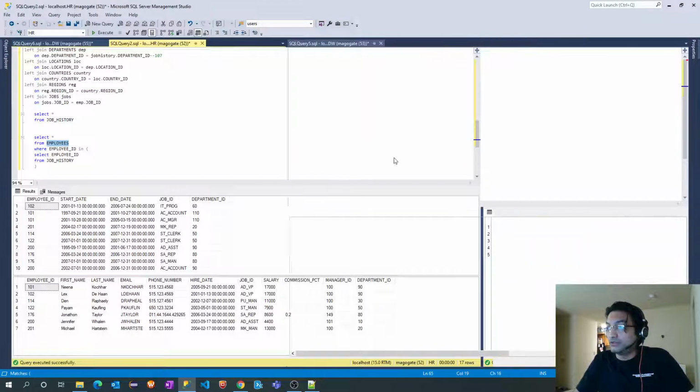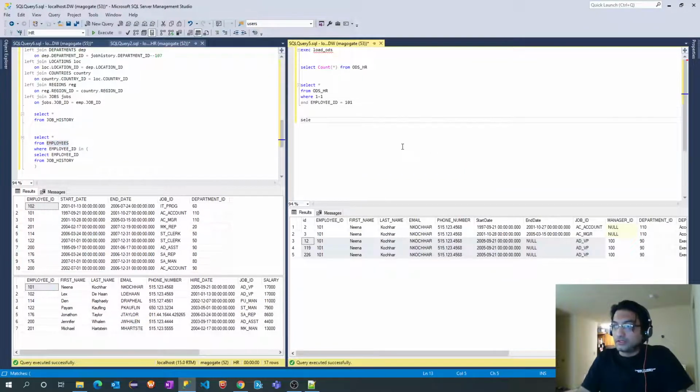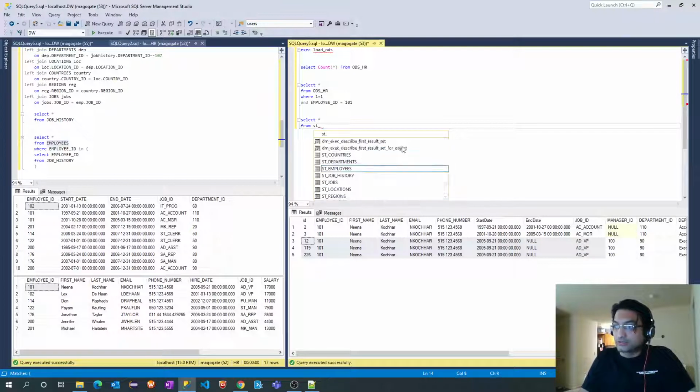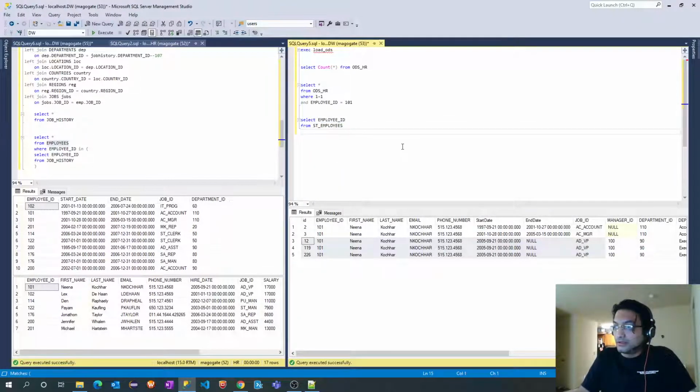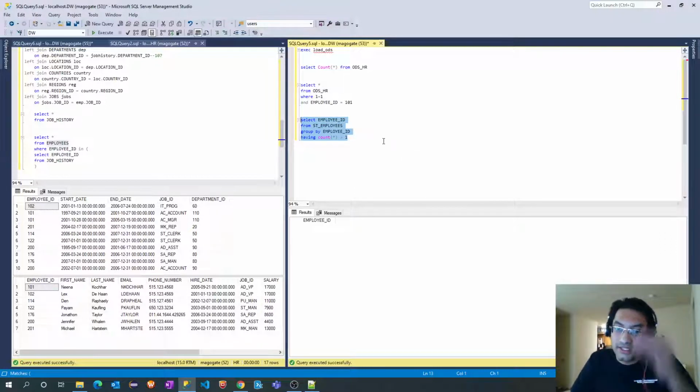So what I will do is select star from st underscore employees group by employee ID having count star greater than 1, and it should not give me any records. So that means the employee IDs in the employees table are unique.